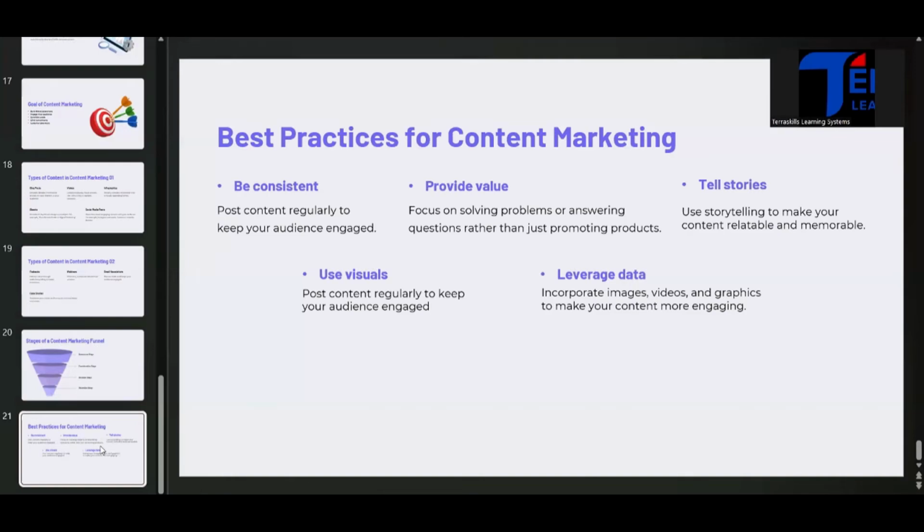So one of the biggest tips in marketing is to use your data to refine your strategy constantly to see what is working. If you have a strategy that worked, you need to put in more effort to see that you keep on using the same strategy. If it doesn't work, you need to go back to your drawing board, re-strategize and come back. So using this data is what is going to allow you to have an effective content marketing strategy.